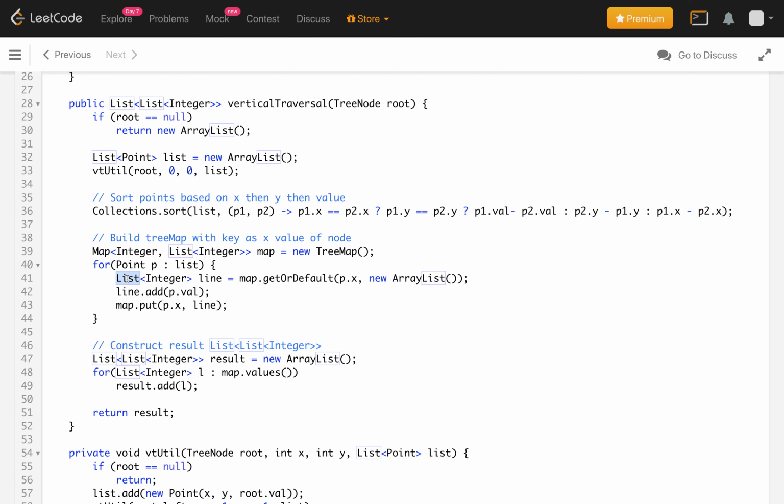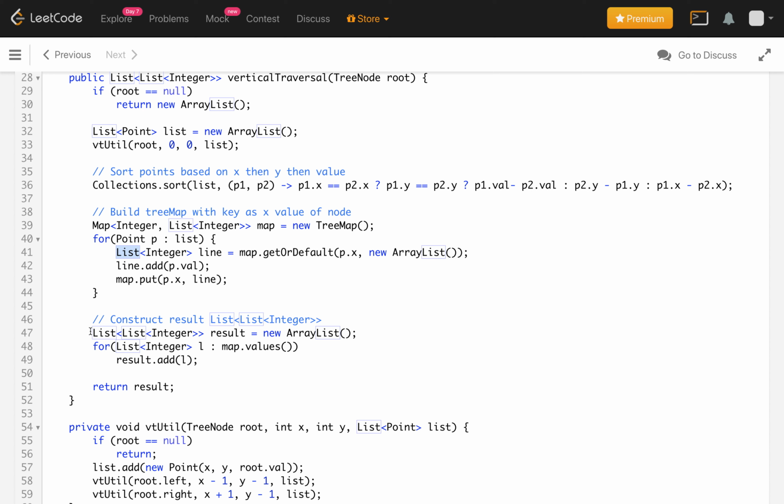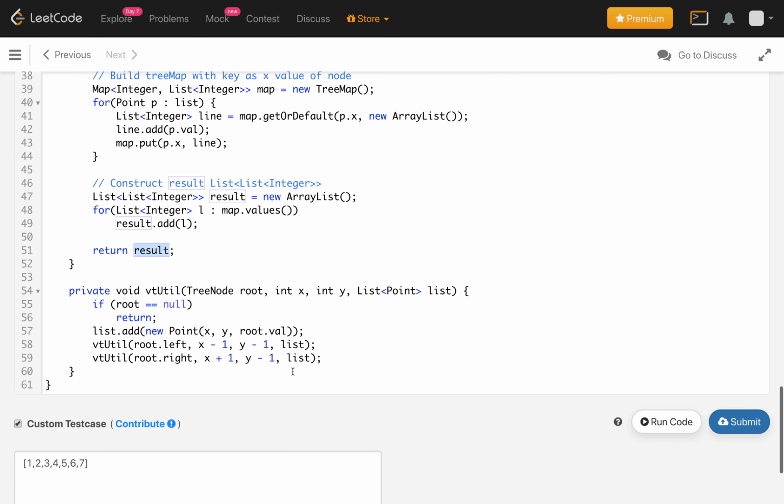So once we are done here, we have created a map. After that we simply create a result, a list of lists, and return it. So let us submit this code.